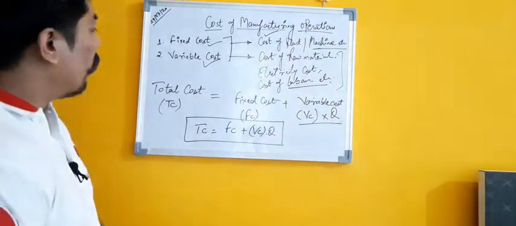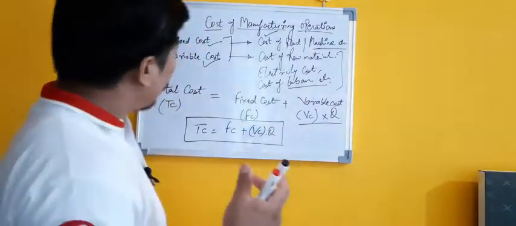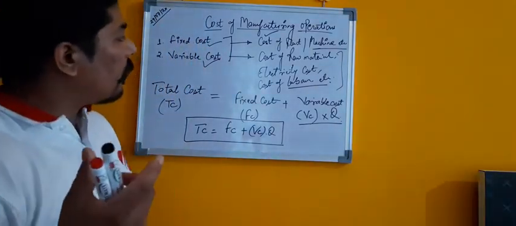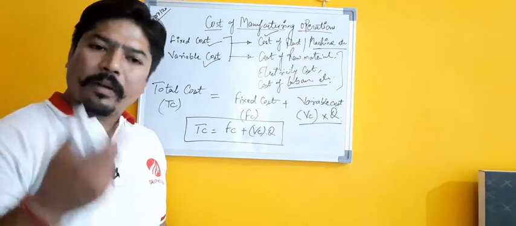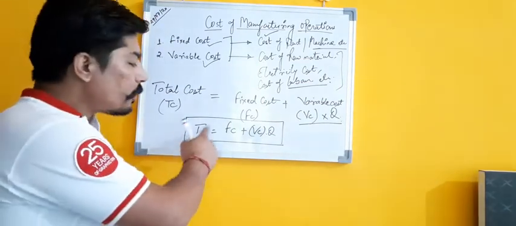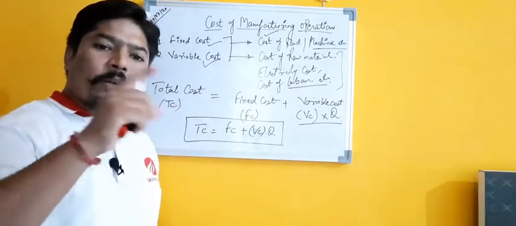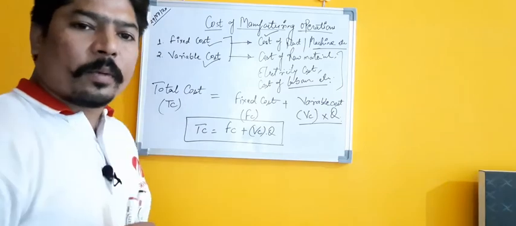Now with the help of a graph, we are going to analyze how we can compare your manual production method and automated production method, and how the total cost, the fixed cost and the variable cost will vary according to your manual production method and automated production method.